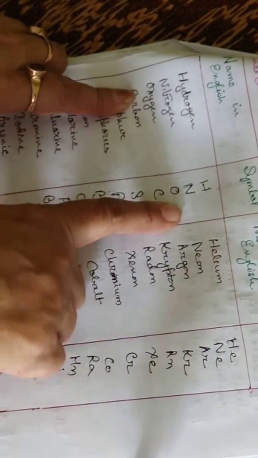I was continuing with the chapter Elements, Compounds and Mixtures according to ICSE syllabus class 7. So I'll continue with the names and the symbols of some elements derived from their English names. For example, hydrogen represented by capital H, nitrogen capital N, oxygen capital O, carbon capital C, sulfur capital S, phosphorus